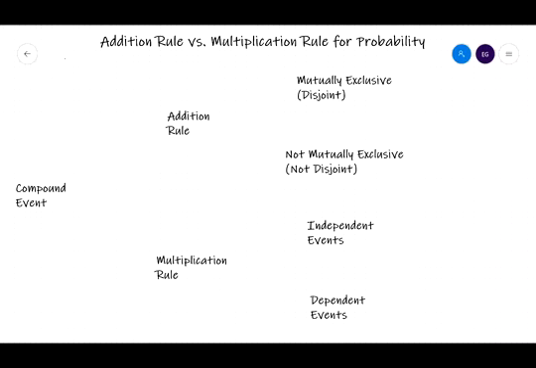Okay, in this video, I want to talk about compound events. And a compound event, in statistics or in probability, is an event that includes two or more different outcomes. And before we talk about the specifics of the rules and the differences and when to use what, I want